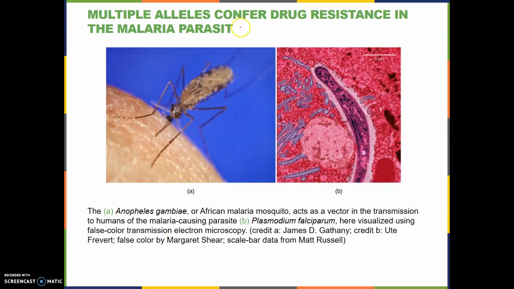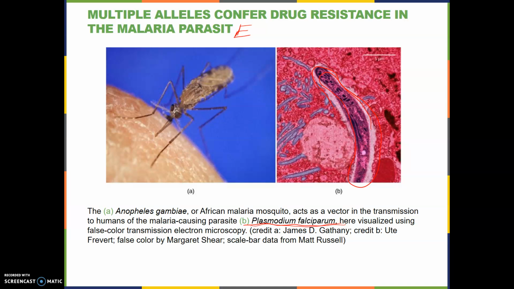Now, we were talking about multiple alleles, and that should be parasite with an E on the end. But multiple alleles means that there's not just two versions of the trait, but there can be three or more versions of the trait. So, drugs that are used to treat malaria affect the parasite, the Plasmodium falciparum parasite, which is transmitted by mosquito. So, various drugs that affect this parasite